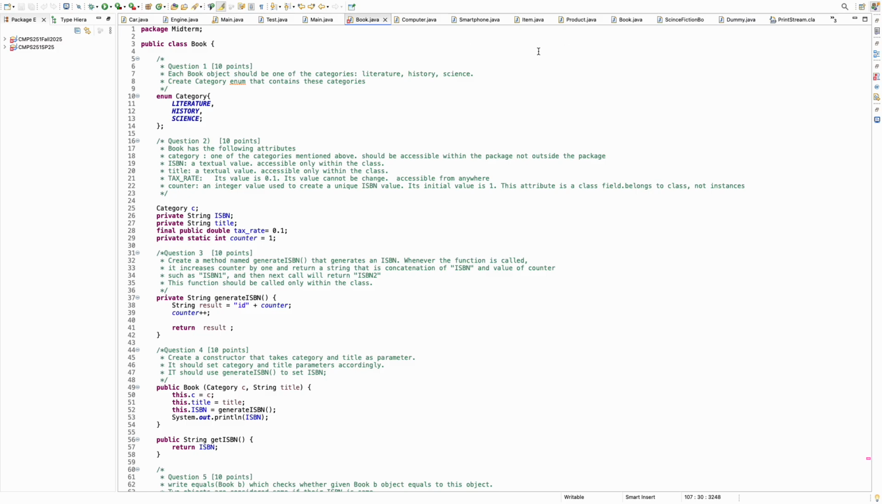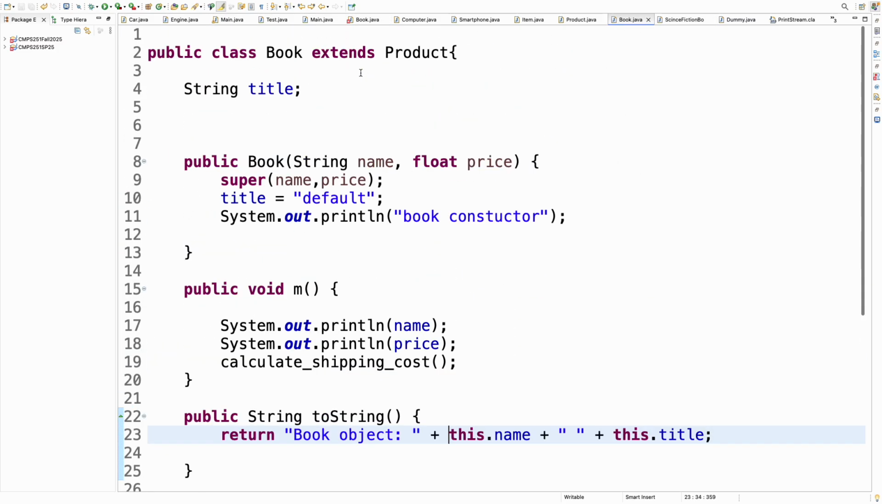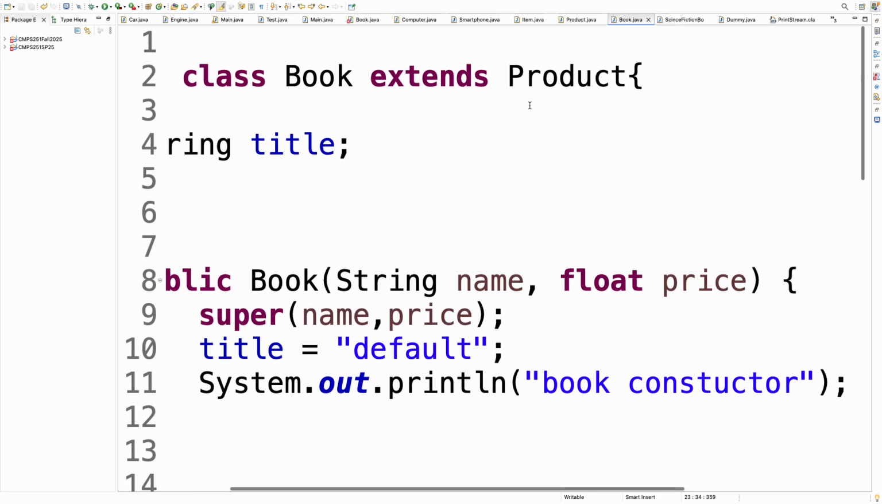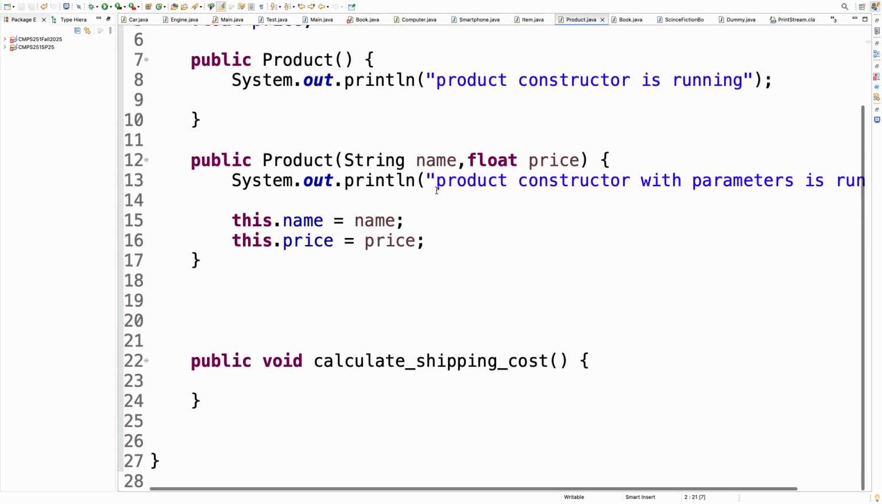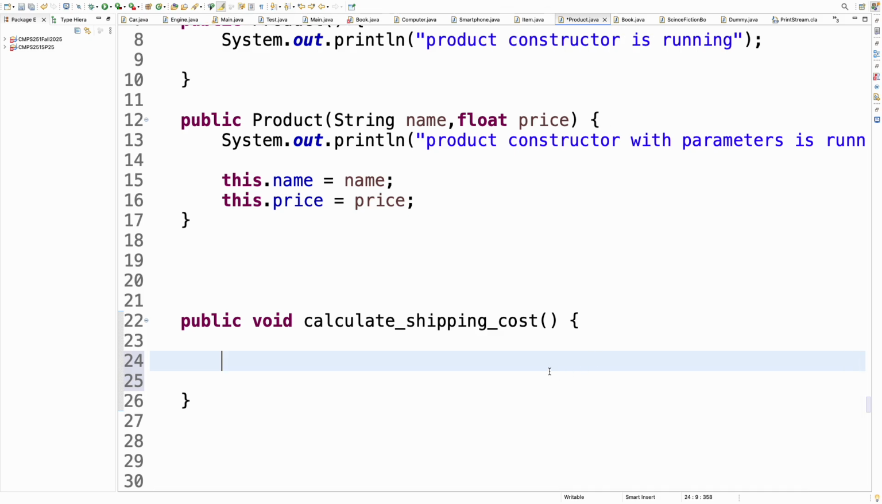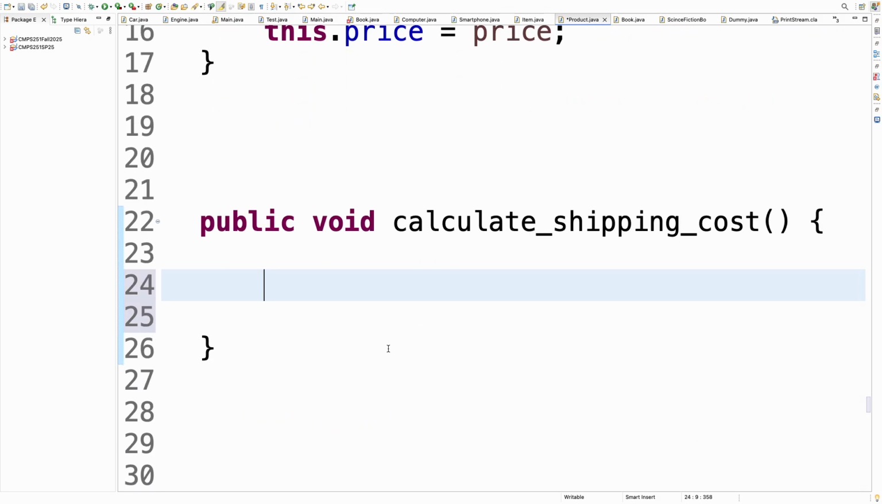Okay, the book object, where is the book object we have? Okay, it's here. It extends product. So when we go to the product object, we have this calculate shipping cost function, okay? And let's say that now we fill it in some way. Maybe it will print some message to say, okay, calculate shipping cost is,